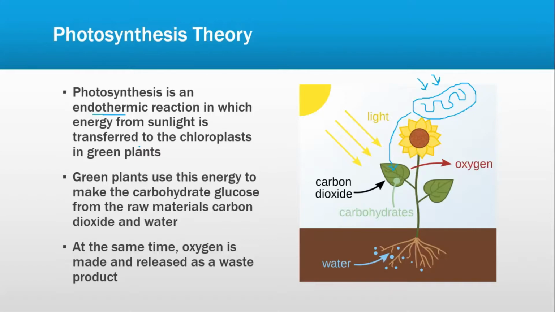Now the term endothermic reaction means absorbing heat. You will be studying this in chemistry, in the energy from chemicals chapter, in which we discussed two types of chemical reactions: exothermic and endothermic. Exothermic reactions are those in which energy and heat are released, for example, combustion. Then we have photosynthesis, which is an endothermic reaction, in which we absorb heat and then use it for further processes of nutrition. Now, green plants use this energy to make the carbohydrate glucose from the raw materials carbon dioxide and